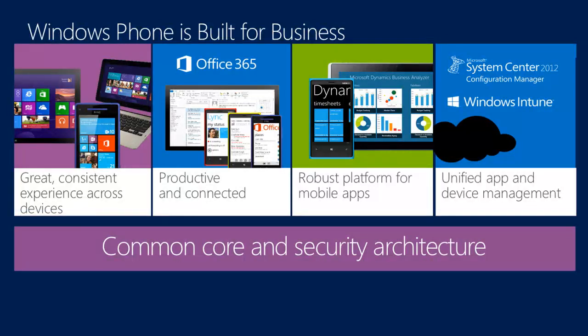The Common Core and the security architecture, just to mention this one more time. Obviously, moving to this shared Windows 8 core meant that Windows Phone got the benefit of years and years of security testing and evolution that the NT kernel underwent. So if you think about the entire time from 1995 to 2013, what happened with NT in terms of security, a battle-tested kernel that led to iteration over iteration improving the security architecture and design. And all of that now has accrued to Windows Phone as a result of moving to this common core.